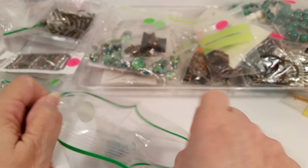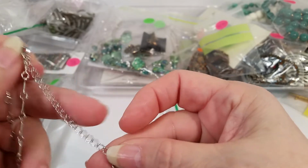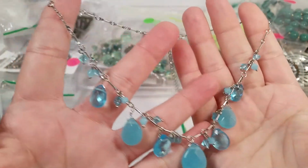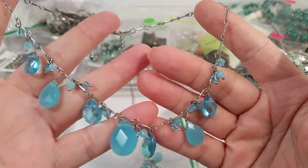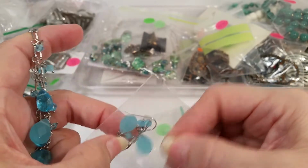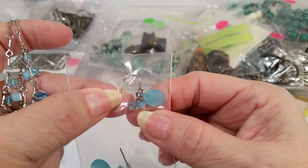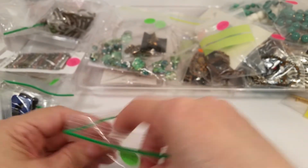I'm trying to go through this fairly quickly, so y'all bear with me here. Alright, first is the necklace. And again, it's one marked with that tag that I just showed you. Excuse my cough there. And I think this is really pretty. It's got the blue beads on it. Some clear faceted with the faceted smoky blue on silver tone with a lobster claw clasp. And let's see if I can get this to hang down and show you without taking it all out. There you go. Okay, we've got the blue frosted with a couple of the other little beads there, pierced earrings that go along with that. Alright, so we'll put that